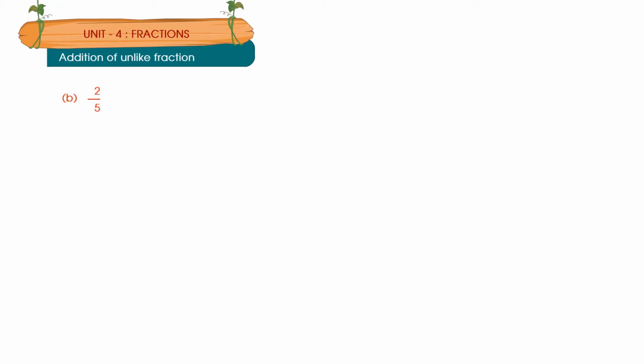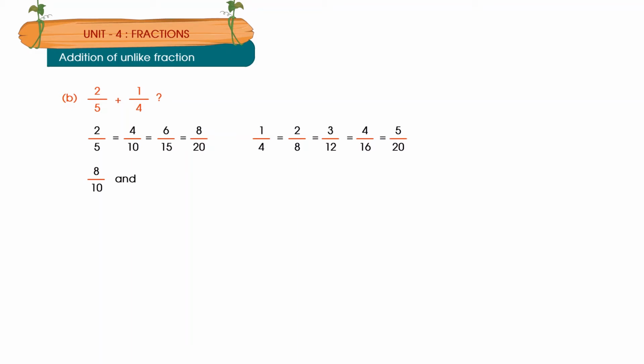B. 2/5 plus 1/4 is equal to how much? 2/5 is equal to 4/10, is equal to 6/15, is equal to 8/20. 1/4 is equal to 2/8, is equal to 3/12, is equal to 4/16, is equal to 5/20. 8/20 and 5/20 are like fractions. 8/20 plus 5/20 is equal to 13/20, or